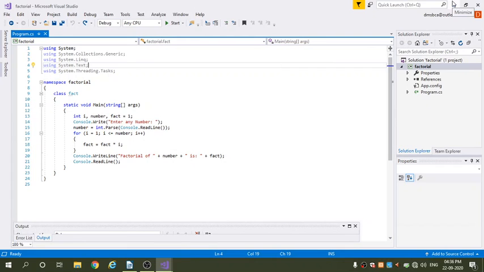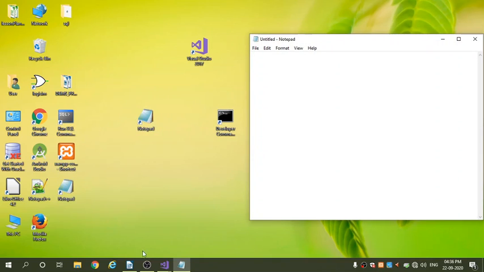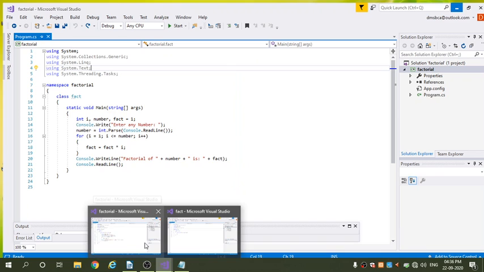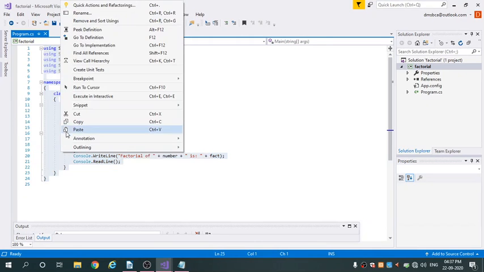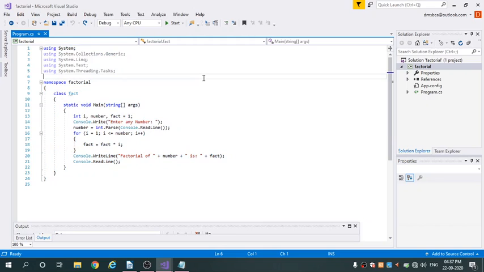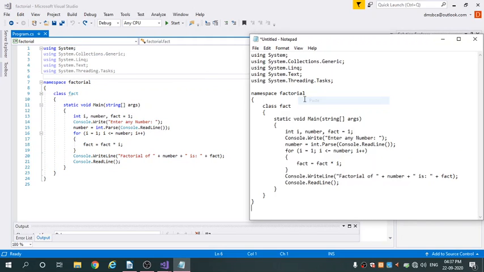And now we see the second way of execution, in Notepad. We type in Notepad and execute on the developer command prompt. For that you have to open Notepad and copy this whole program. Right click, copy, or you can type the program and paste it here.